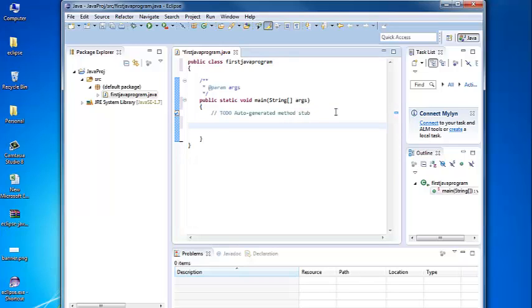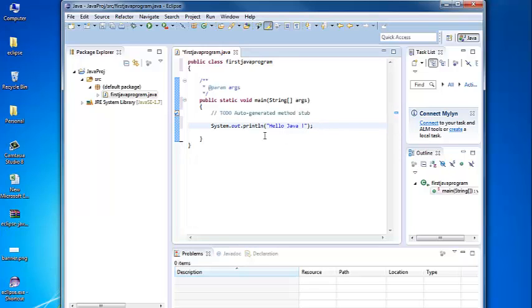So our first Java program will be a very simple program. We'll just write a print statement like this. We'll say System.out.println, and then we'll provide the statement that we want to print. I'll say Hello Java, and then the semicolon.